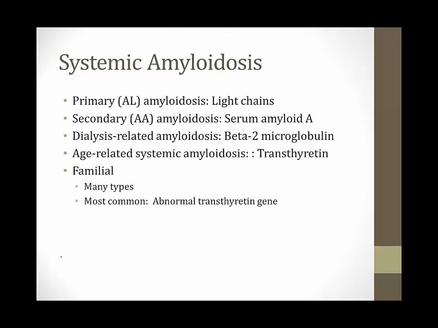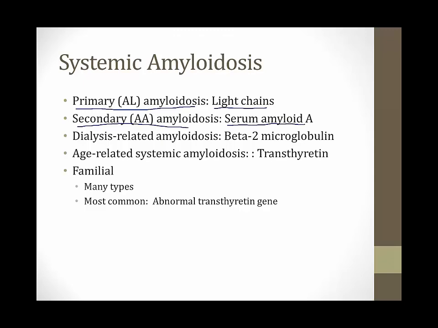So there are a number of forms of systemic amyloidosis where amyloid proteins accumulate in lots of different organs and tissues, and each disorder has a different protein that forms the amyloid structures in the extracellular space. In primary or AL amyloidosis, light chains, which are a component of immunoglobulin, accumulate in tissues and form amyloid structures. We'll talk more about that in a few slides. In secondary or AA amyloidosis, a protein called serum amyloid A accumulates in tissues and forms amyloid structures, and that